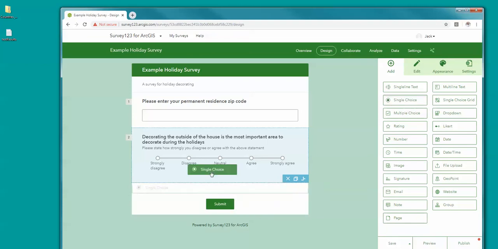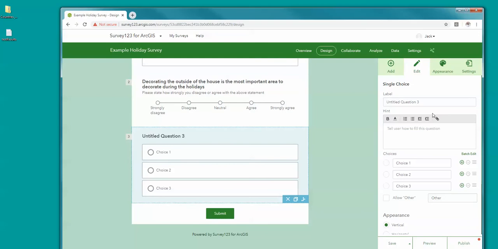We're going to drag this over, and it's going to say untitled question, which of the following is present in the room with a Christmas tree? Which of the following is present on your